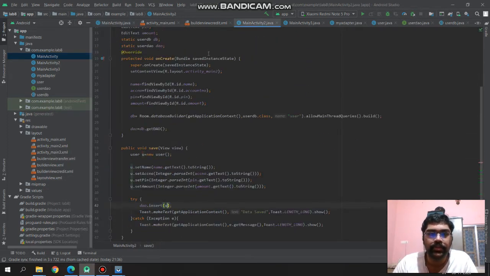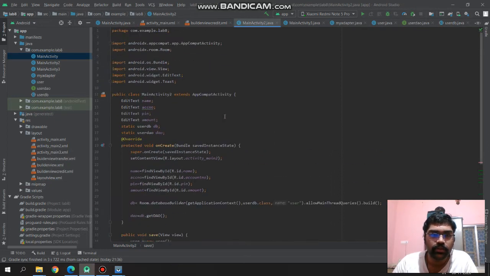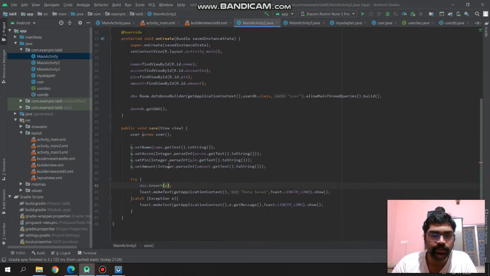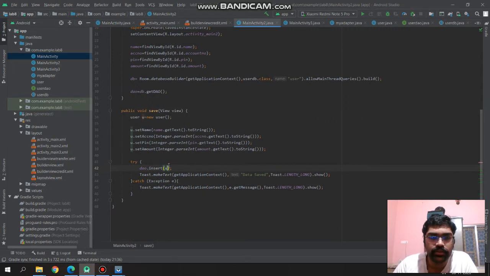So for MainActivity2, this is for adding accounts. So here we will ask name, account number, PIN, amount, and we are again making a Room database variable, and we are making a DAO variable also. So in that new user account, we'll take the values from the text fields, and we'll set the variables.